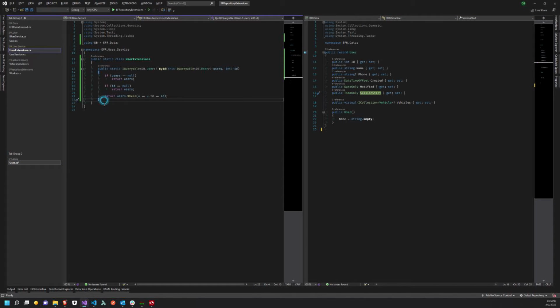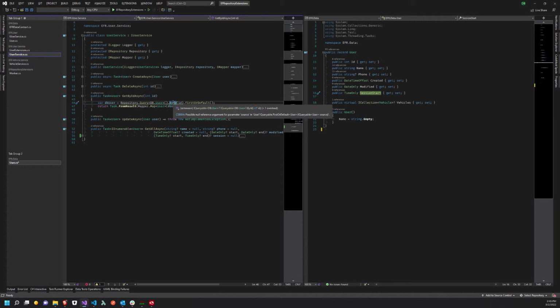For each of those, we're going to have to come in and create extension methods that will allow us to do that filtering. The reason we want extension methods is that they make things much more composable and much more reusable. So in the user service over here, this ById, yeah, that might potentially be one that I want to use here, but let's look at this GetAllAsync down here. Here we have a whole list of things that we could query, and they're all nullable,